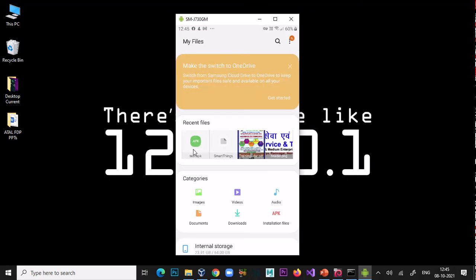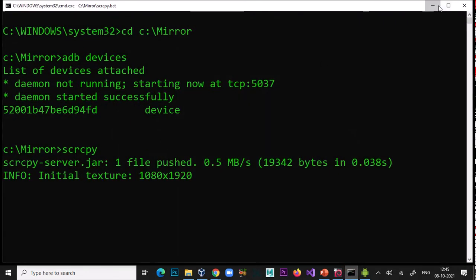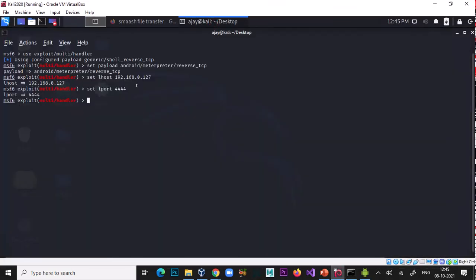Okay, done. Now on this side, type one more command, set exit on session false. It means that if you exit from this session, it doesn't break your session.